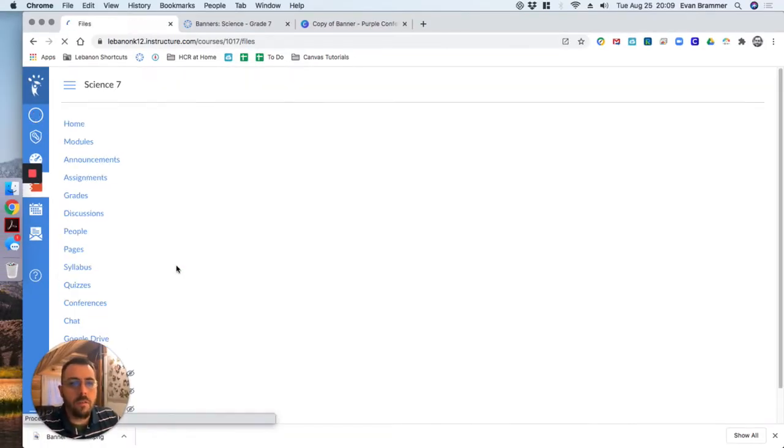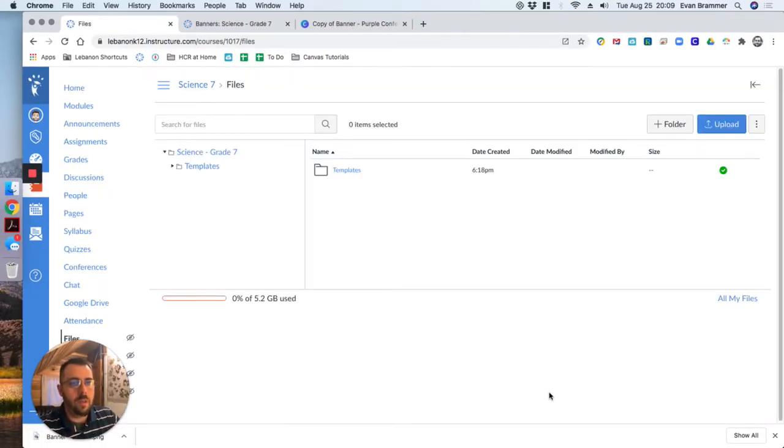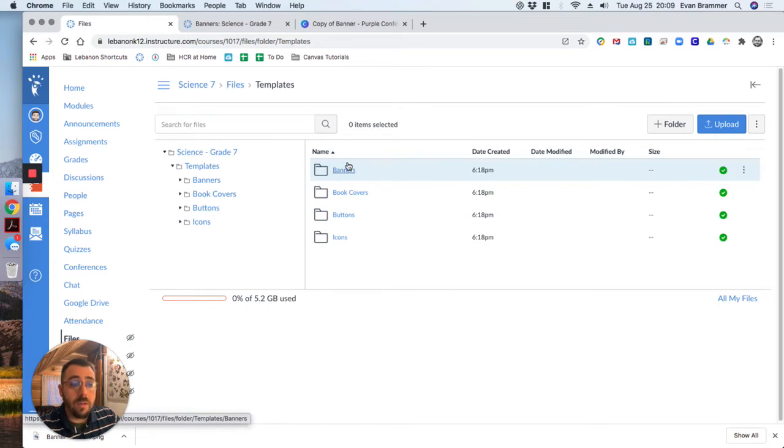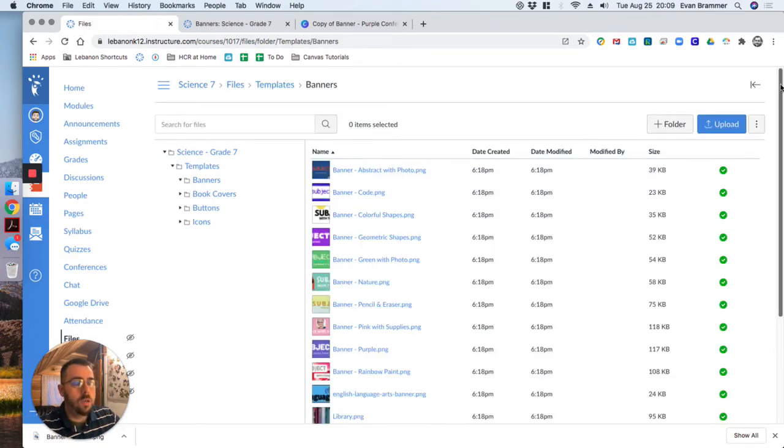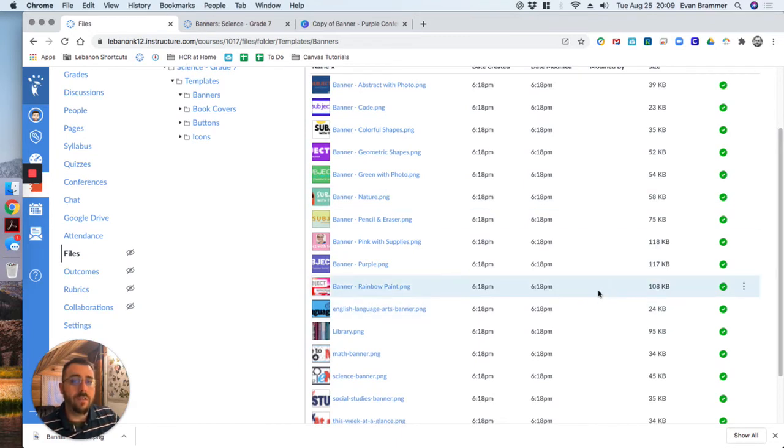The reason I'm going to Files is that I want to choose where I put the banner. I don't want to just put it willy-nilly so that it ends up somewhere in my files. I want to decide. So I'm going to come here, and there's already a template folder. Notice that inside of there, there's already a banner folder. And you are free, when you are done designing your course, to delete the banner page. And if you want to delete all these, you can go for it. Each course has 5,000 megabytes, or 5 gigabytes, worth of space. So they're not taking up a bunch of space, but if you want to get rid of them,